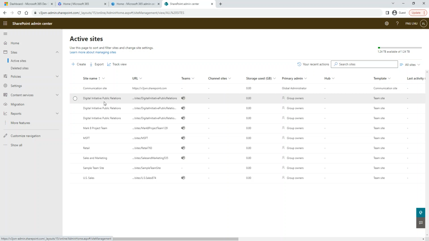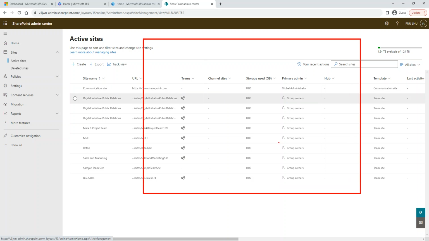So SharePoint, in the old times, we used to have a different structure for SharePoint. We call it site collection. So site collection is some sort of a container where you can assume it as like a big building, and then in that big building you have different offices inside of each building, right? So each office is going to be, we call it a subsite. Site collection, assume like we have a big building. And then in each building, we have different offices.